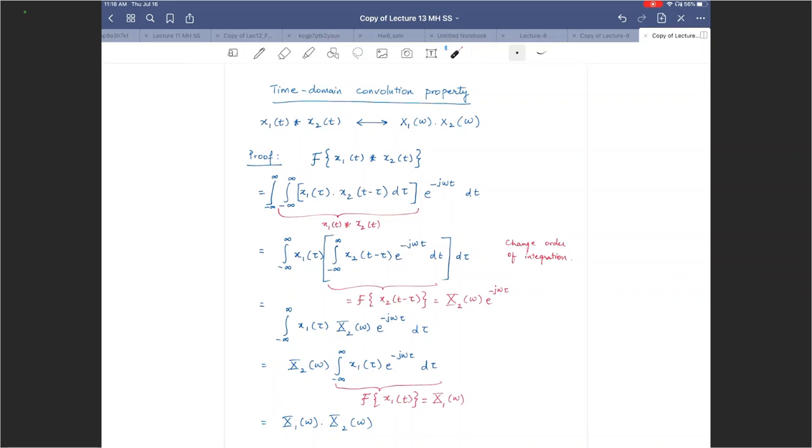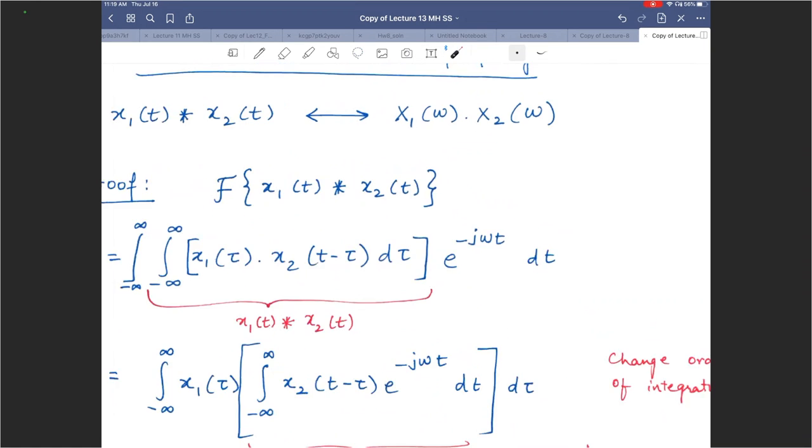Convolution in time domain results in multiplication in the frequency domain. You might have seen this play out even in the Fourier series properties. What is the property here? The property is if you have two signals,